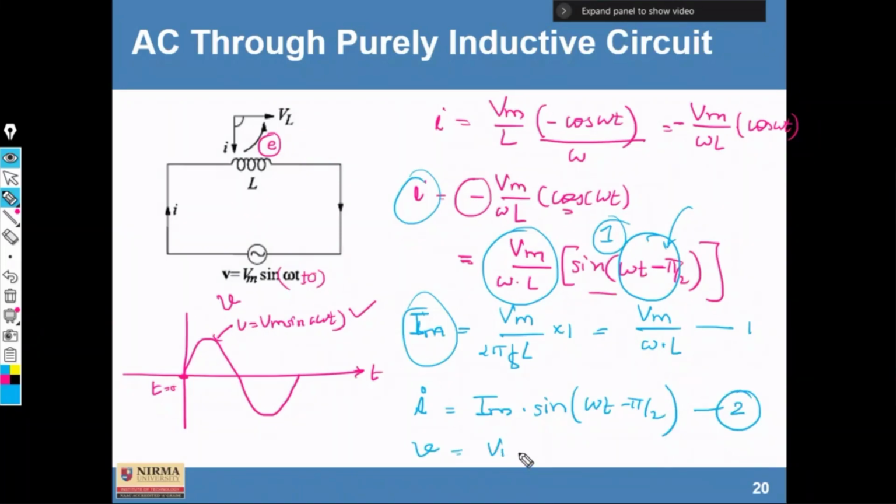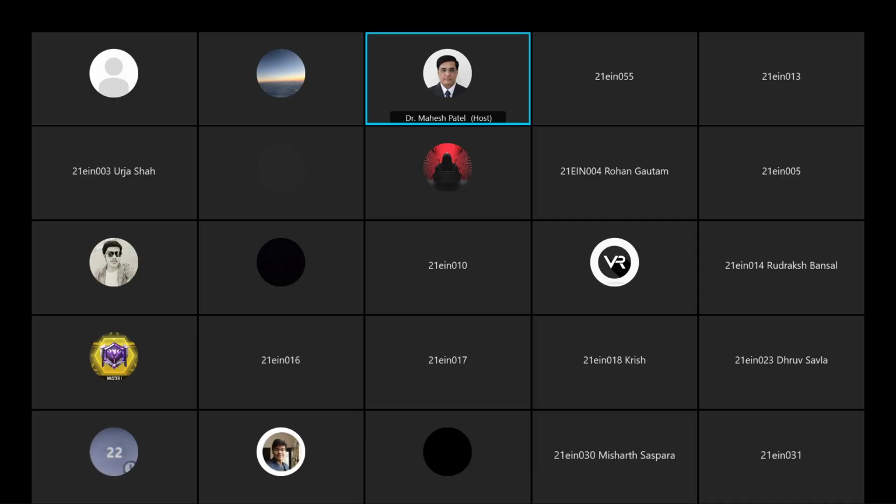So here we know that the equation of current